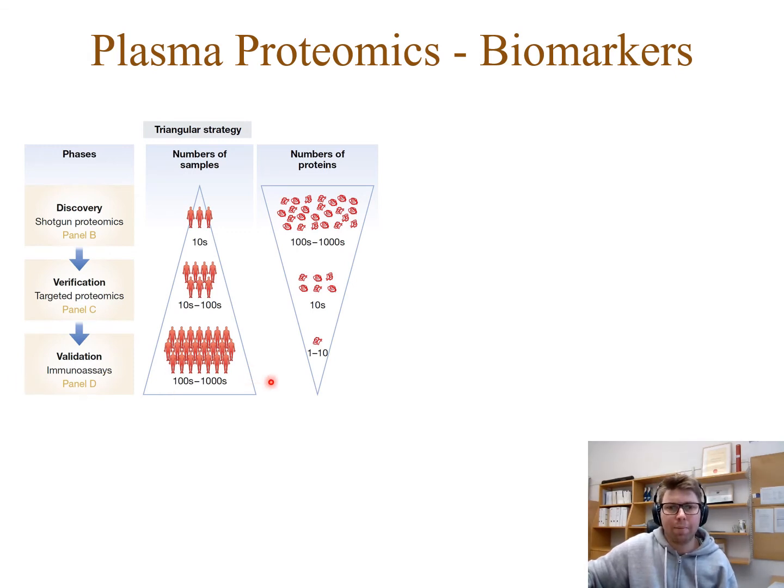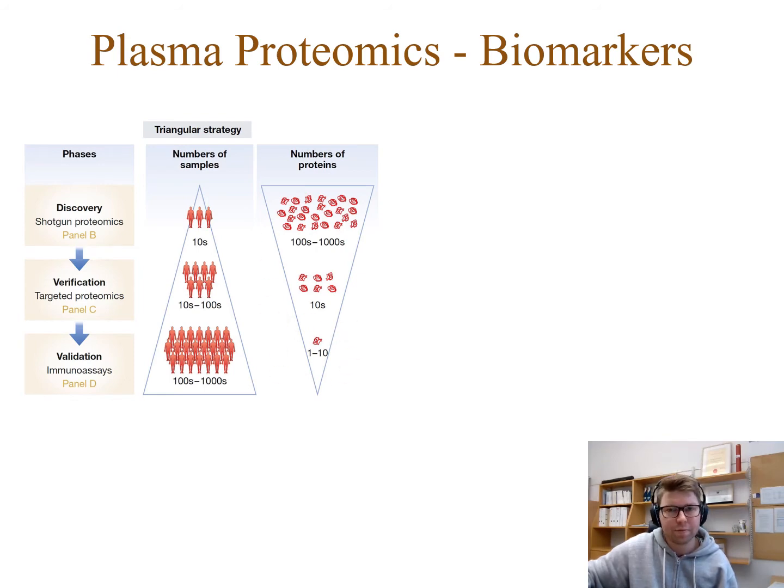The number of samples included in these different stages is indicated here. So typically the number increased by an order of magnitude for each step in this process. Meanwhile, the number of proteins decreased accordingly from thousands in the discovery phase to just a handful in the validation